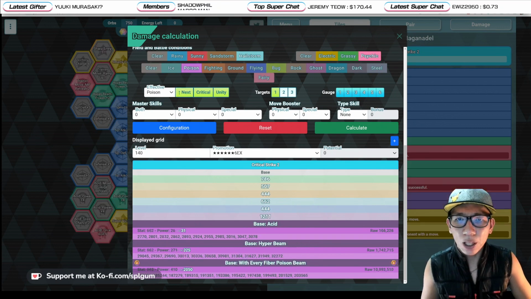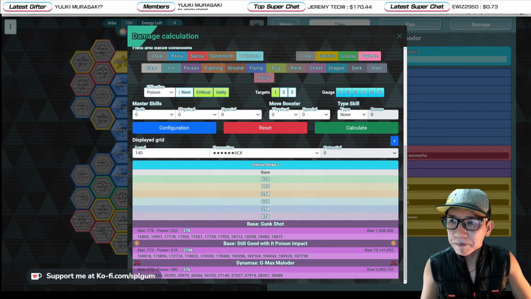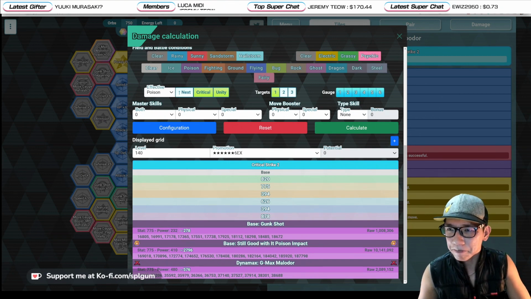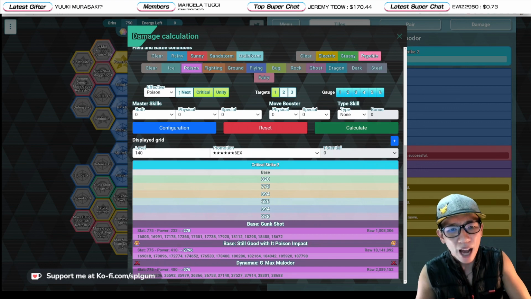10,141,092. And if we compare that with Fall Iris, 10,992,000 versus 10,141,000. So Fall Iris is actually a little bit stronger still than Oleana. But just in case we're able to get ourselves Poison Zone with the help of Fall Iris and we